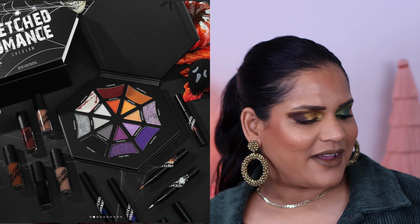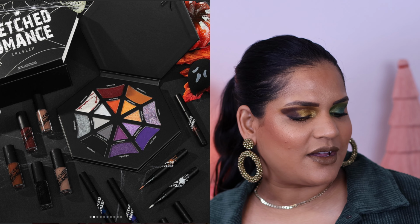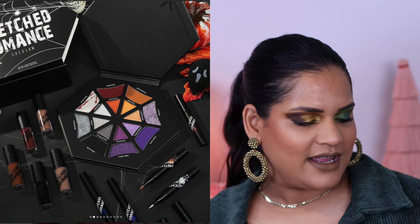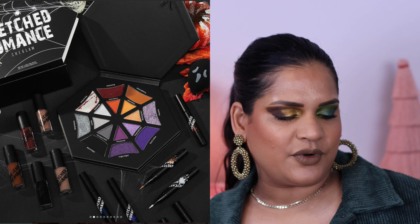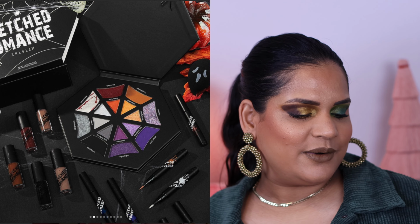It's fine. Okay, so we have this palette from She Glam. This is the Halloween season Wretched Romance collection palette for $9. They also have a sponge for $2.50. There's a liquid lipstick set and a colored liquid eyeliner set for $10. I still haven't tried She Glam. I've seen a lot of videos where people say that it's a good brand, and I'm sure it's good. I just don't really feel like spending money on trying affordable makeup,